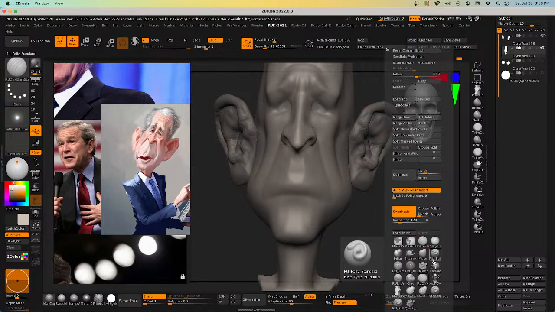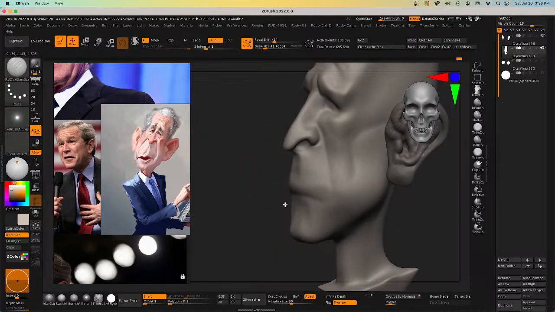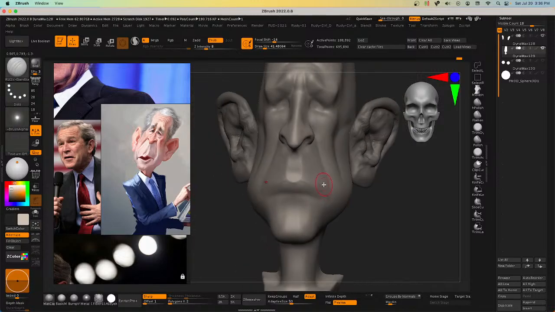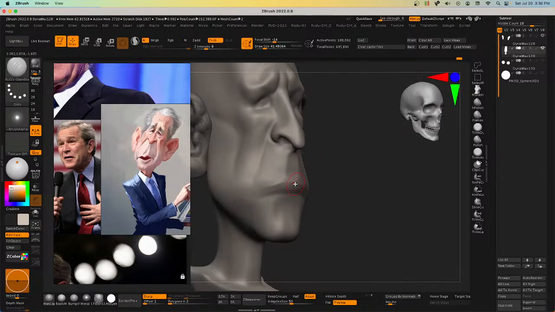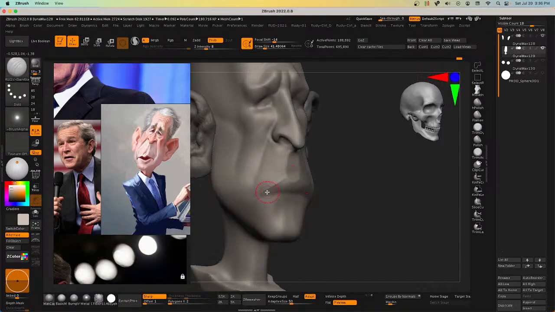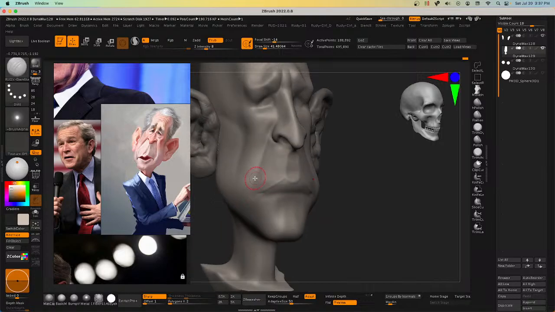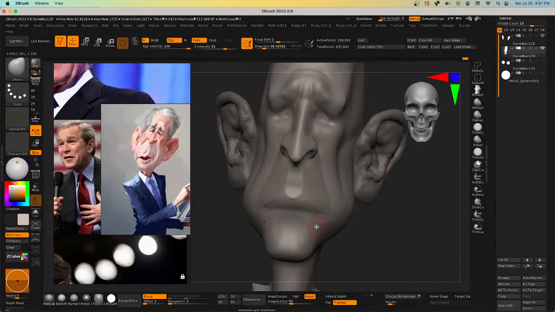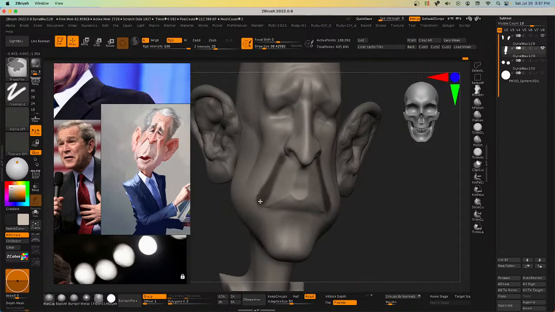This is where I'm at right now, where I'm not sure if I want to keep the mouth open or closed. Well, let's see how this will work out here. The way this looks to me is that